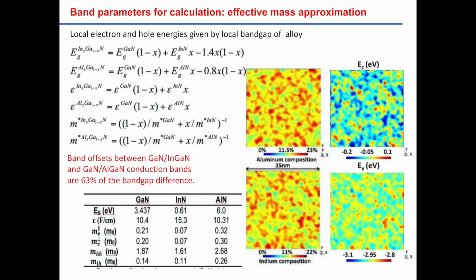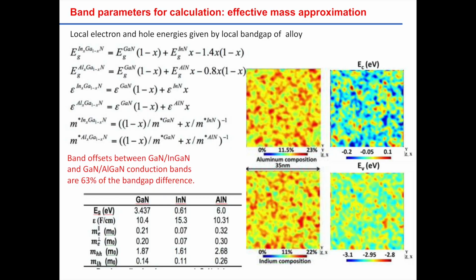Okay. Now I'm doing a big approximation. I'm doing what is called the effective mass approximation. I want to transform this map of composition into a map of energy levels for electrons and holes. There are several ways to do that. The one we use is the effective mass approximation, and I believe this afternoon Professor Avreli will describe another way to do it from first principles. But what we use here is the simplest way to do it. We suppose that we know what is the band gap of an alloy for a given composition.